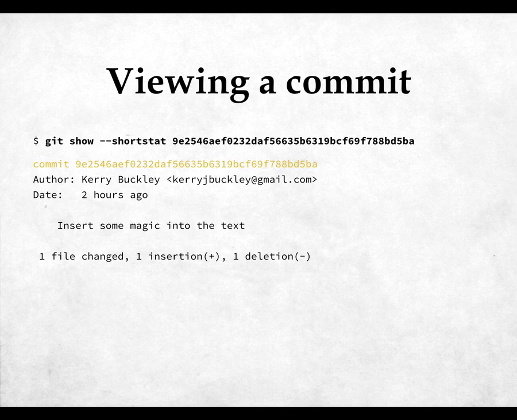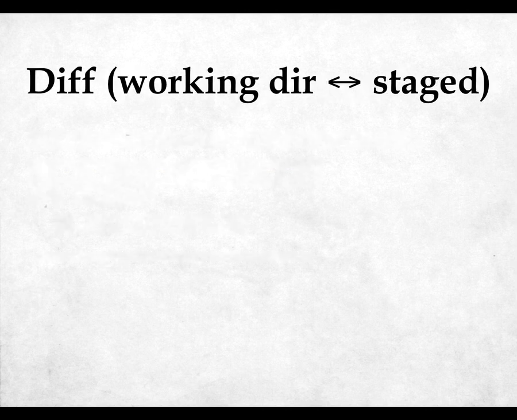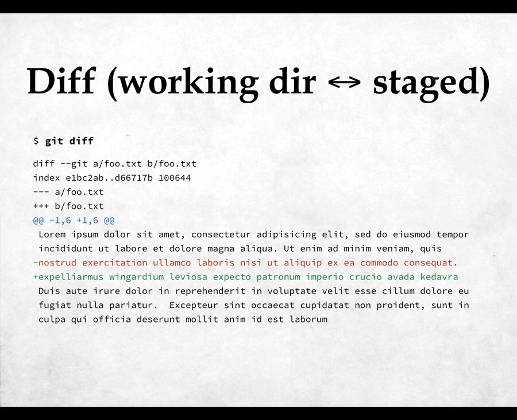So, comparing different versions. If you just want to see what's changed locally, what your uncommitted changes are, just a simple git diff will show you the diff as you'd expect. If you've already git added some changes and you want to see the change between those and the repository to